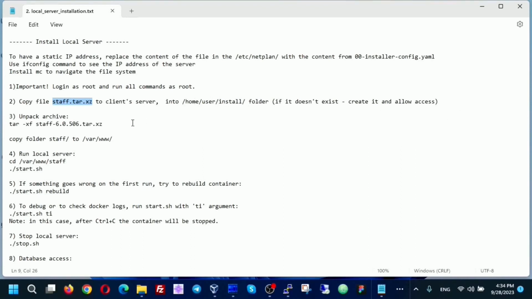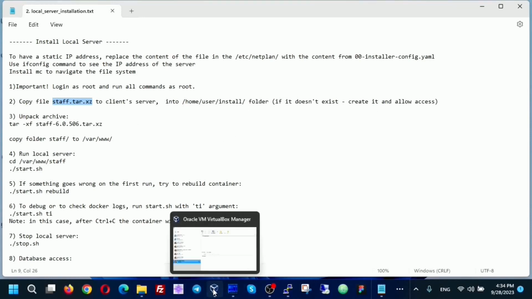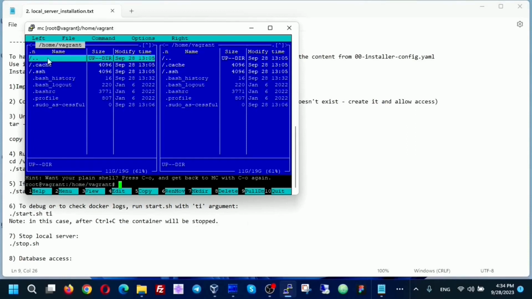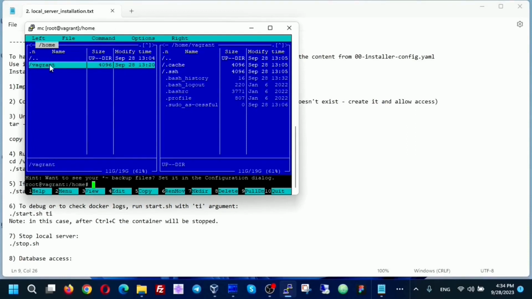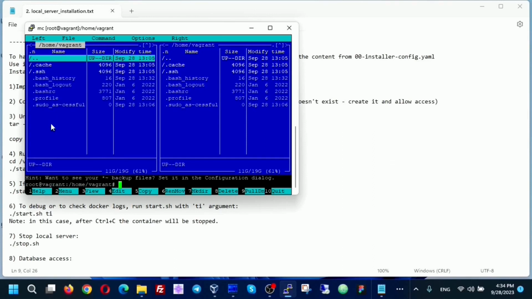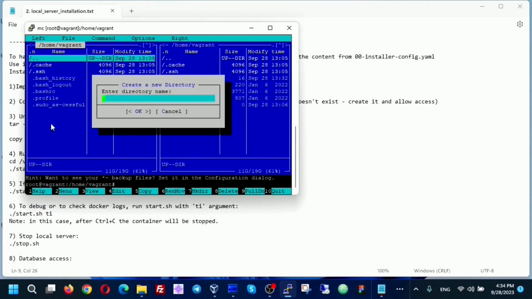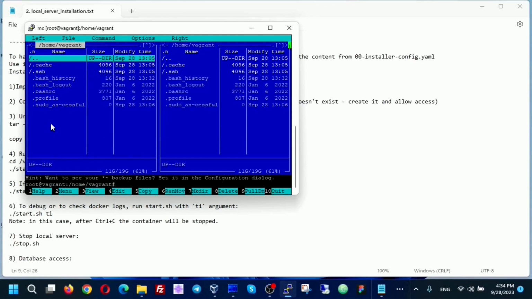Let's create a folder install. Here, in the Vagrant folder, we create the install folder, press F7 to create a directory and enter install.